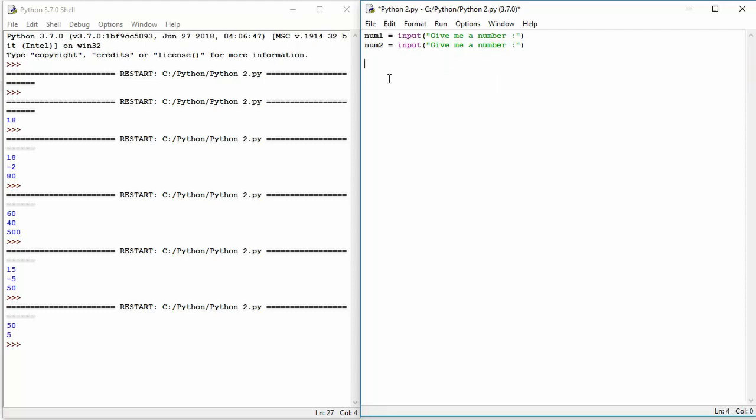So what we're then going to do is just a basic add: print num1 plus num2. And obviously you can change this. If you didn't want a plus, you could do a minus or a subtract or whatever. So if I run this code, run module,